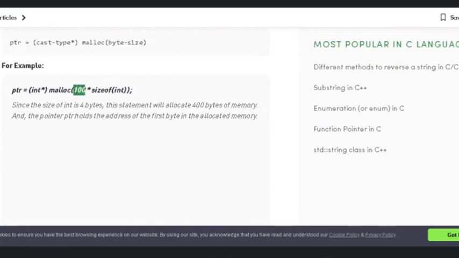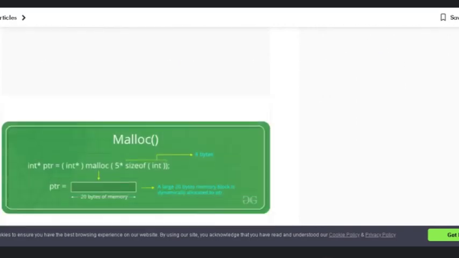Instead of 100 we have n, where n will be specified by the user. Since the size of the integer is 4 bytes, this statement is going to allocate 400 bytes of memory. Pointer ptr will hold the address of the first byte in the allocated memory.